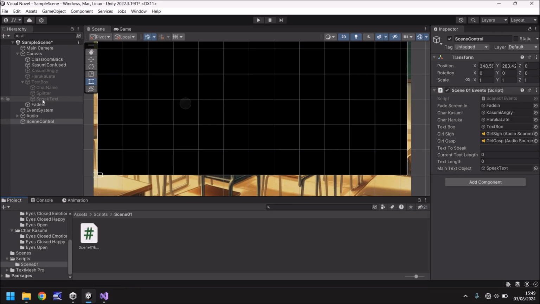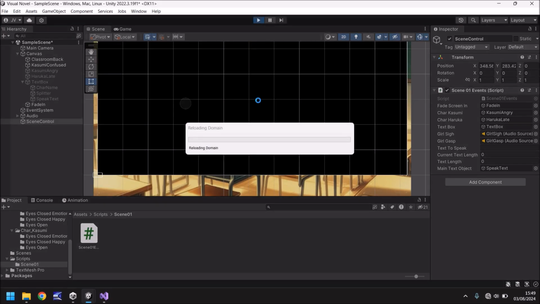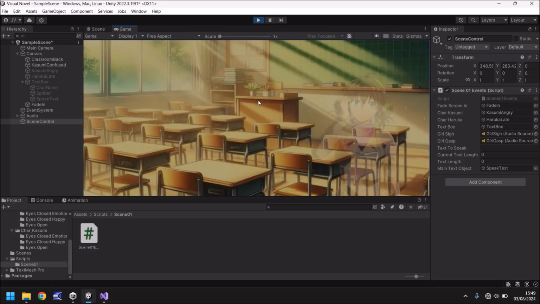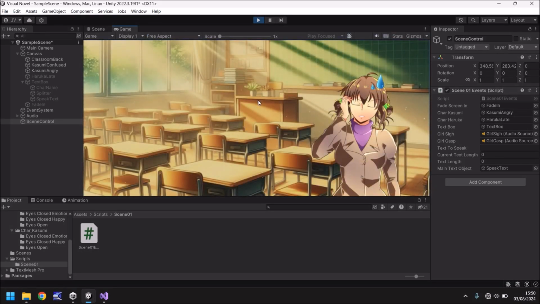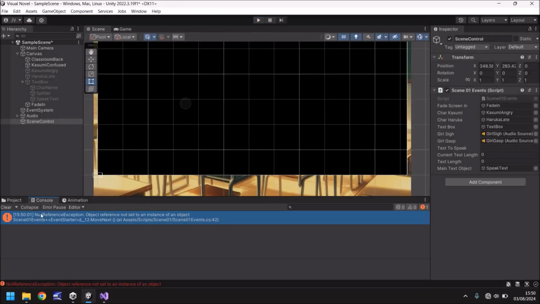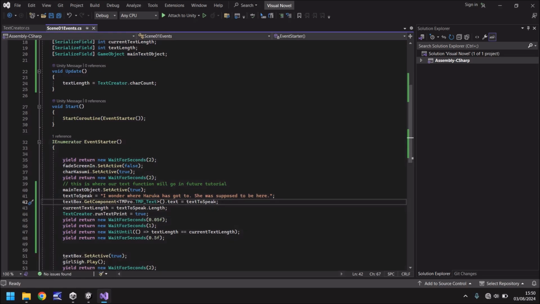So make sure you put speak text on the main text object, because that is where our text actually is being displayed. So this will work now, 100% guaranteed. So it should fade in, soon it comes on, and text should scroll. And it doesn't. Well, my 100% meant nothing, didn't it? So where's it gone wrong then? Okay, so it's still saying the text box dot get component. Let's figure out where we have gone wrong here. So text box